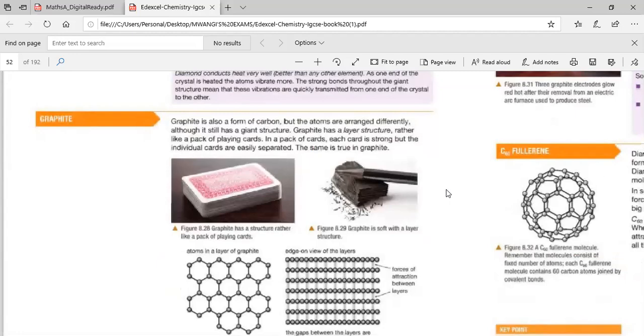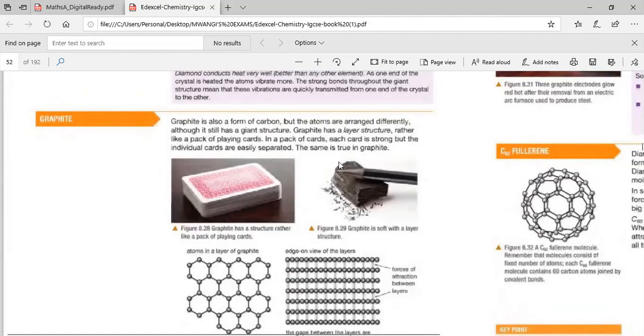For graphite, instead of existing as a tetrahedra, they exist as a layered structure, rather like a pack of playing cards. As you can see in the picture, it's like lines, like this one. Now, the reason it is arranged this way